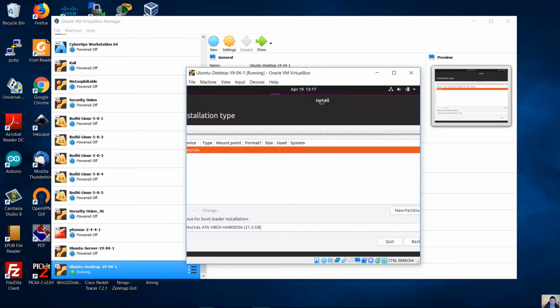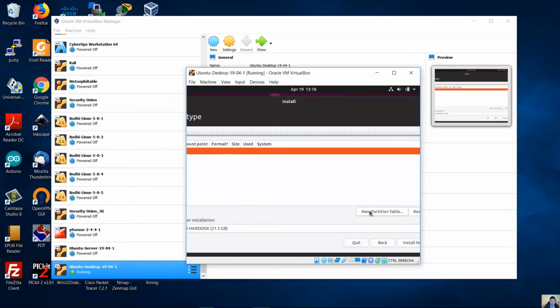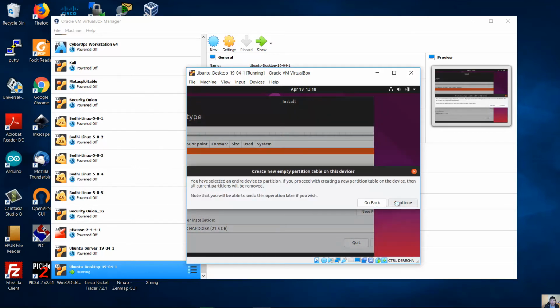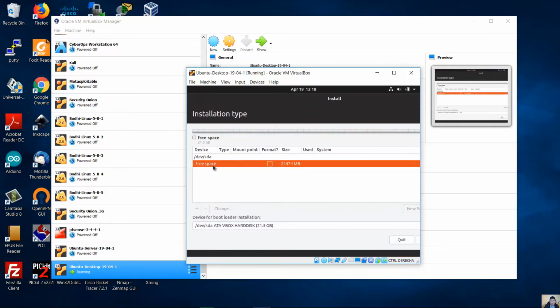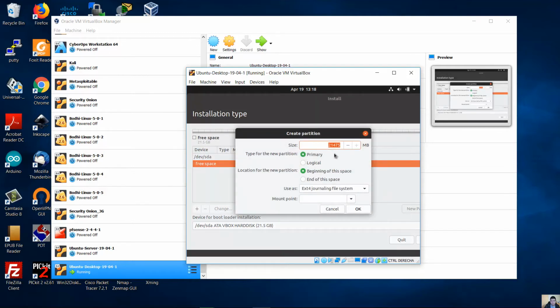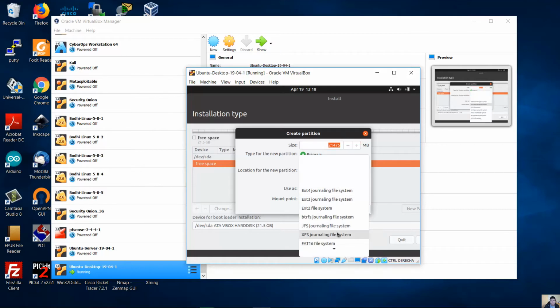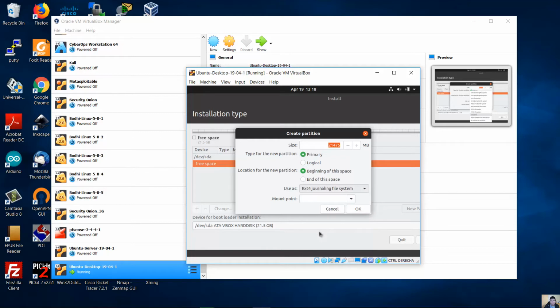Okay, and this is your virtual hard disk. Select this device and create a new partition table. Confirm, continue. Okay, now it's ready. Select the free space and add a new partition. Click here. For example, I will choose this for swap, for the swap area,